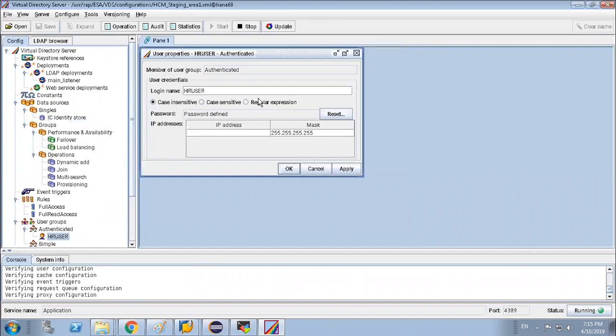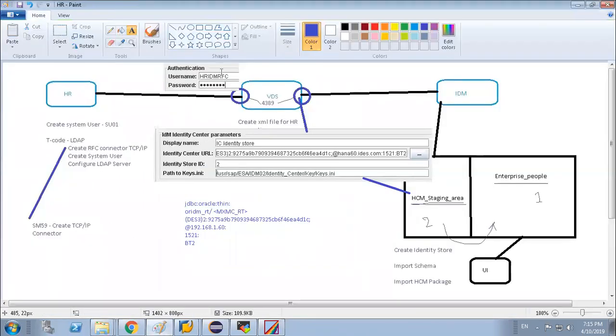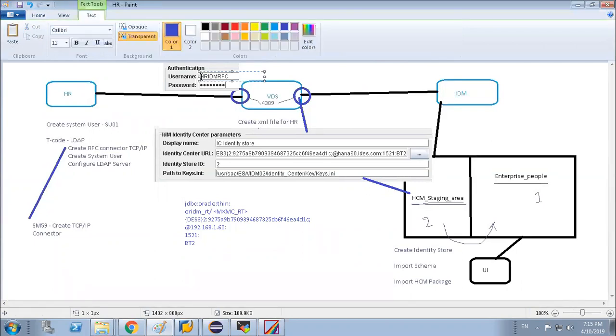We have created one new user ID, and the password we also gave yesterday when we were configuring that one. So let me delete this one. HR user.